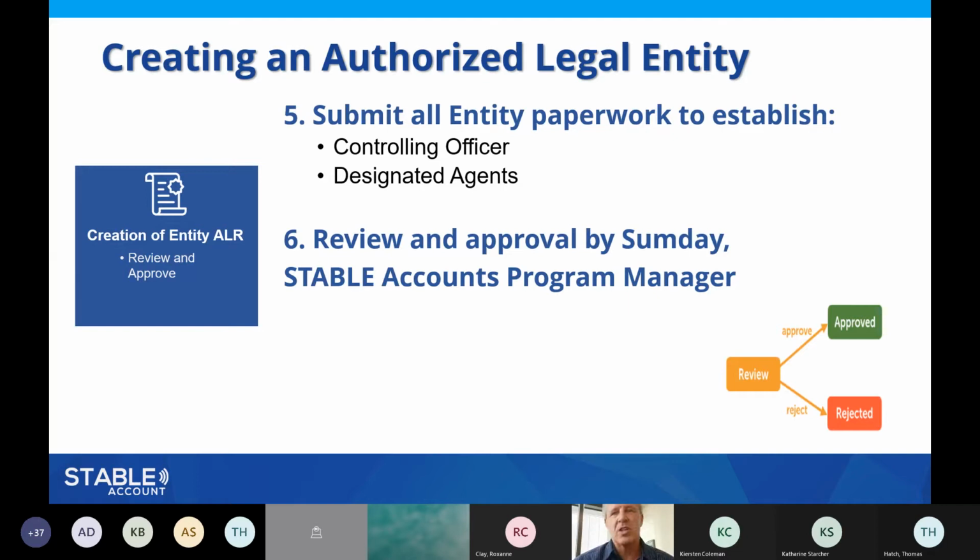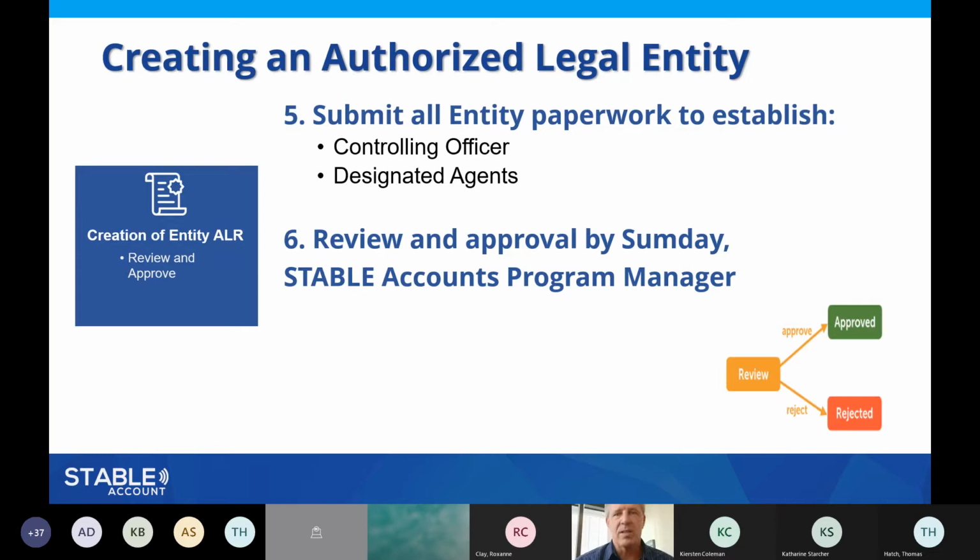But as long as the information's good, they'll review it, they'll set up the initial account. They will reach out so that the agent can start setting up their username and password to get into the account. If the initial application has been submitted with this application, that will be processed and the first account will be set up.